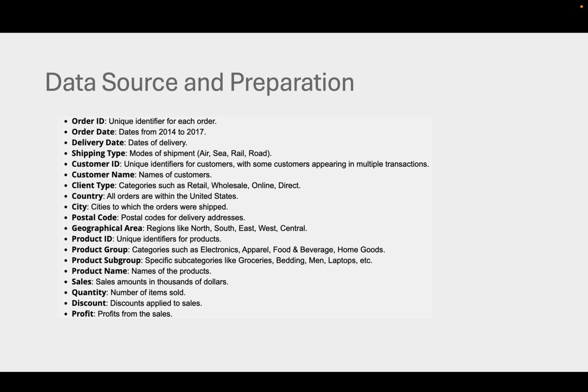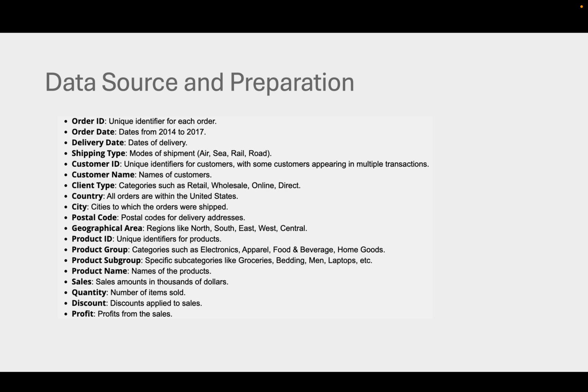In terms of the data source, we're provided with an already established data source for Government Goods Incorporated. This data was between 2014 to 2017. In order to do the analysis, first we need to understand what the key variables within that data are. So, of course, we have the order ID, which is a unique identifier for each order that was made